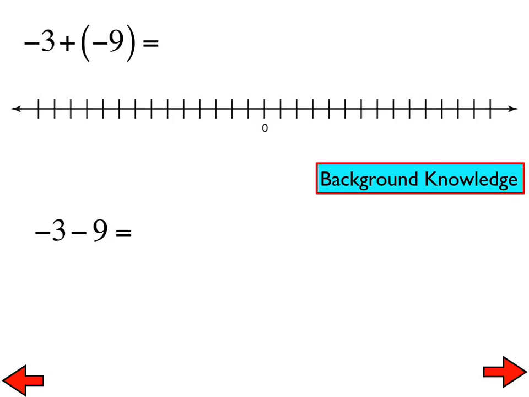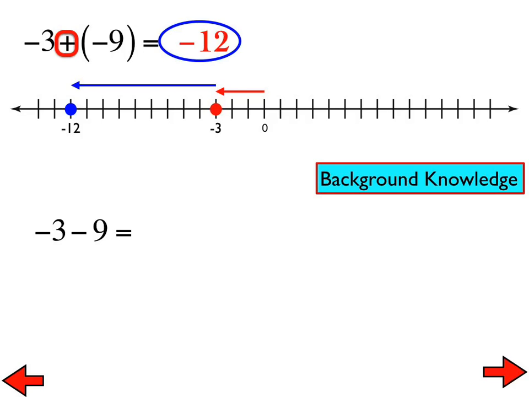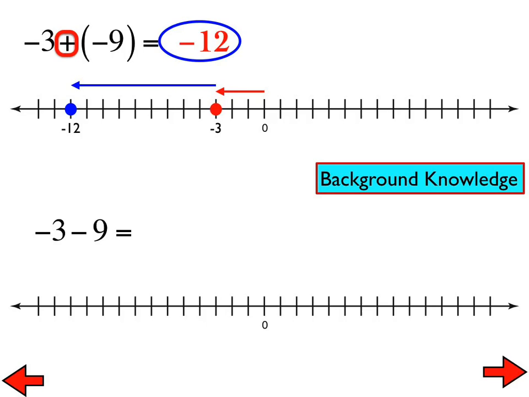-3 plus -9. We, of course, talked about that with tiles. We also talked about with the number line. So if we were using a number line from 0, we would go to the left 3 units. And then we're adding a -9, so we would need to continue in that direction 9 more units, which leaves us at -12.